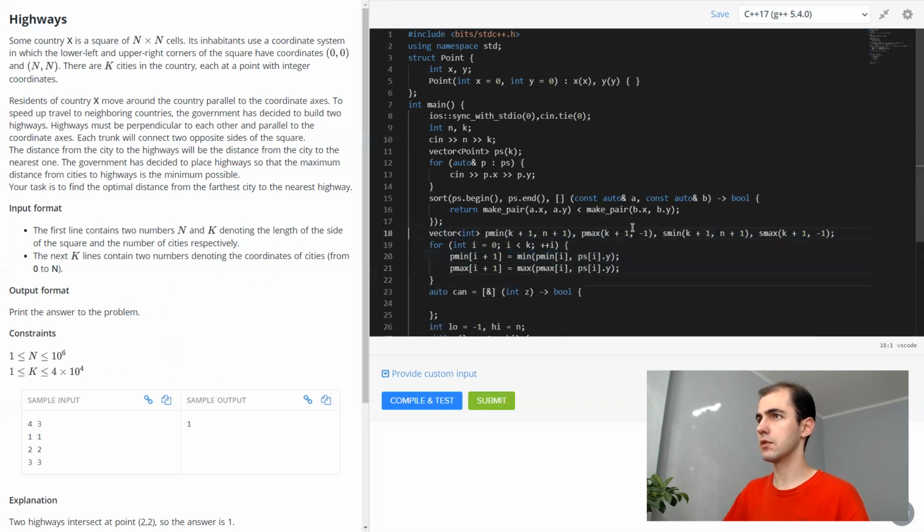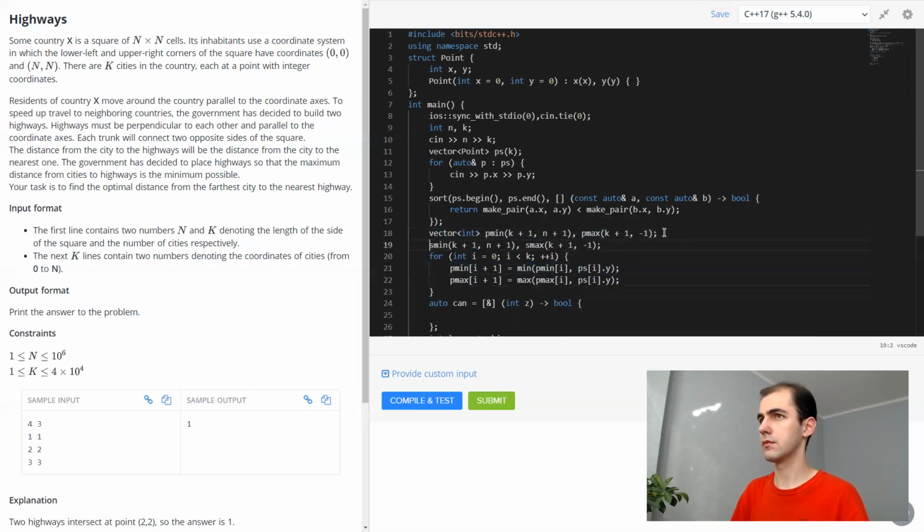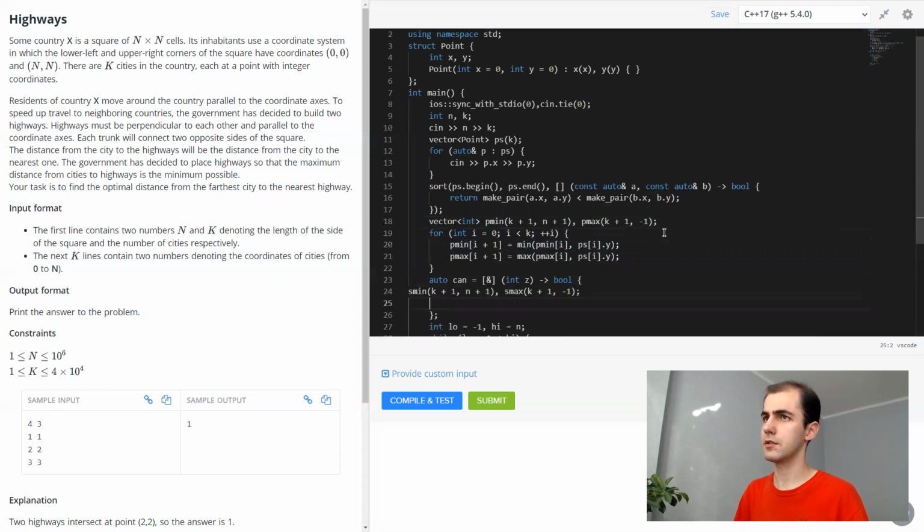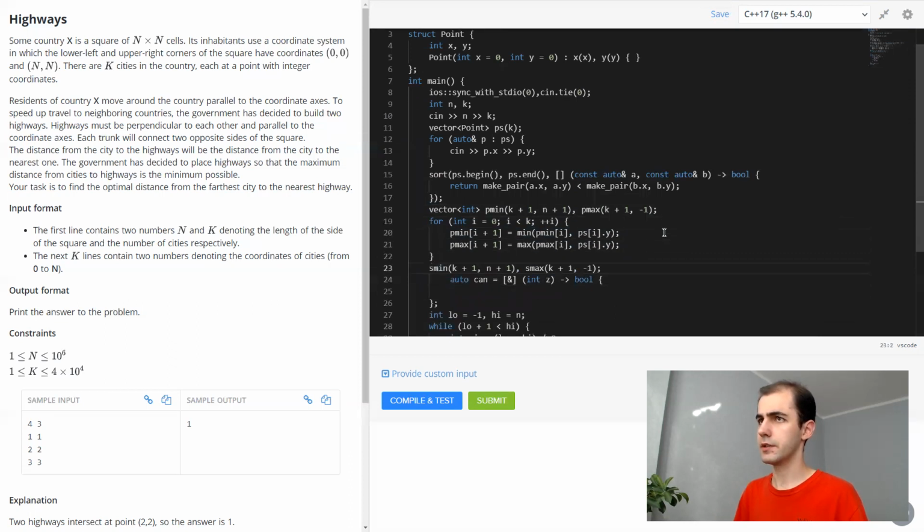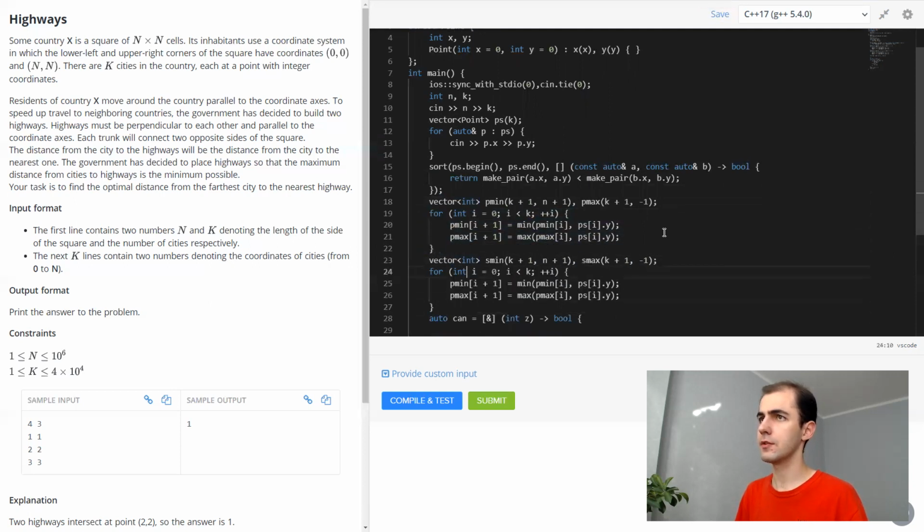And this entire loop I will separate into two, because otherwise it's very likely that I will make some mistake. So here, first of all, the iteration should go backwards.